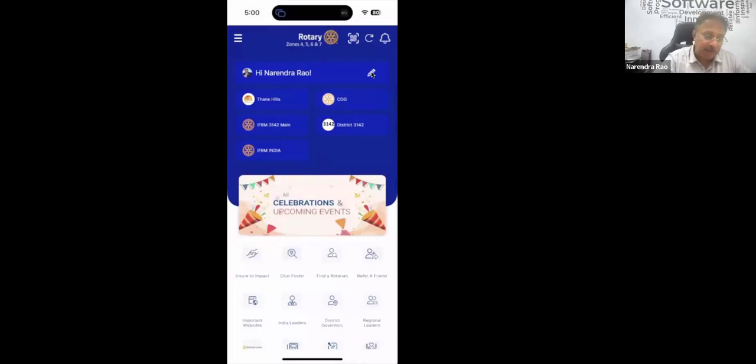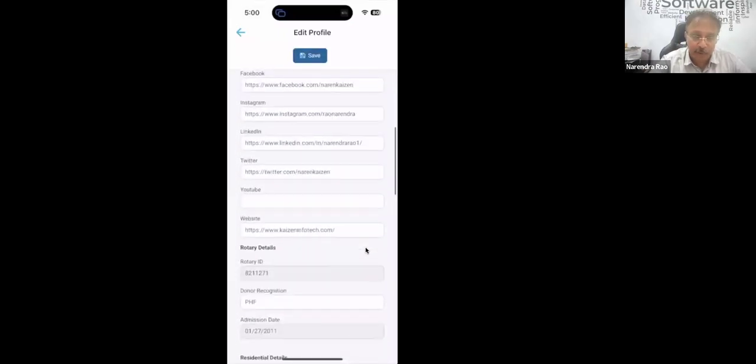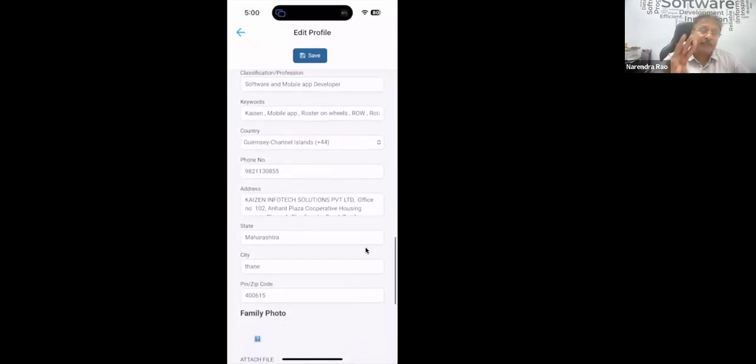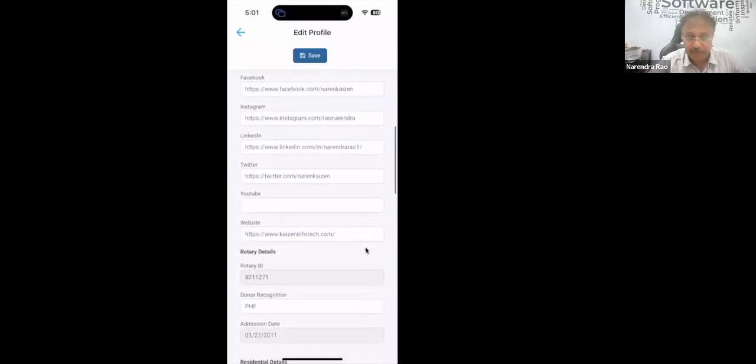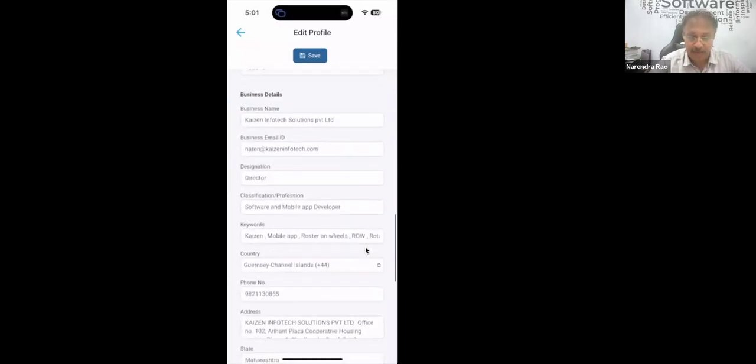When you click on this small pencil button, the edit button, this is a place where you can update your own profile. Don't be in a hurry to do it. Don't do it now. I'm just explaining. In this, I request you to do three things. One, update your date of birth. In case you're married, your anniversary.